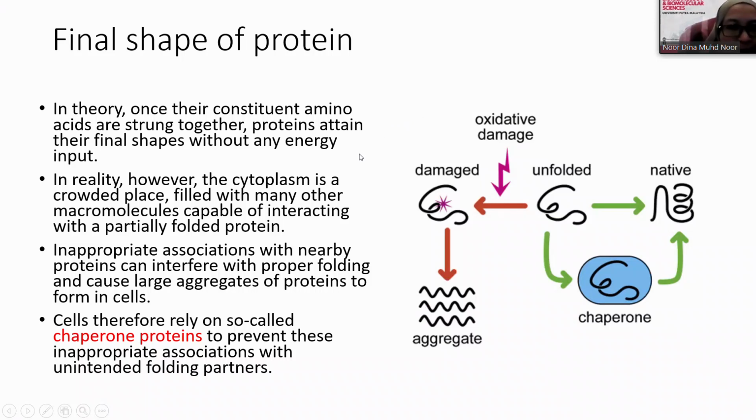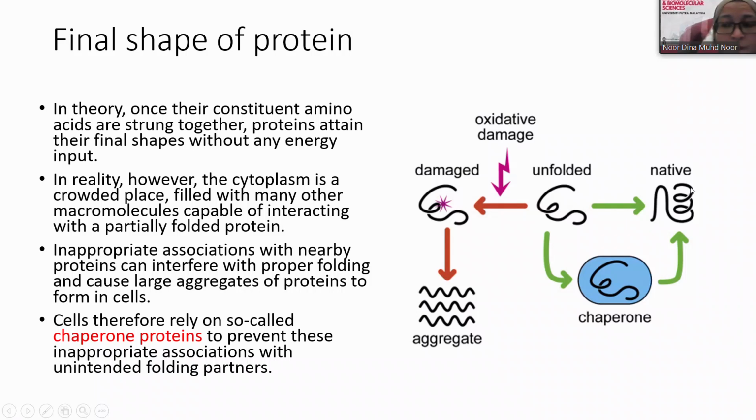Protein folding can be aided by what we call chaperone proteins. Sometimes an unfolded protein cannot be fixed, perhaps because of oxidative damage, and it will be totally damaged and become aggregated. But in another way, the unfolded protein can become a native state